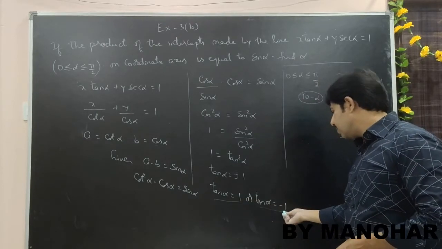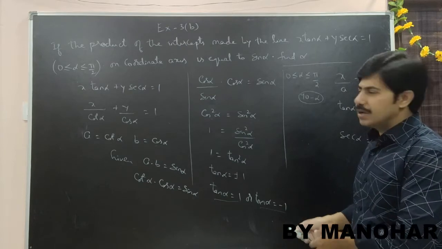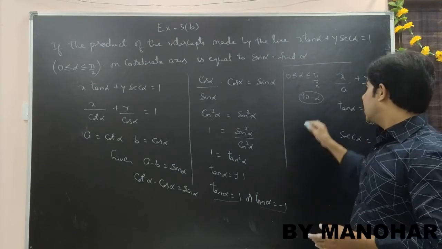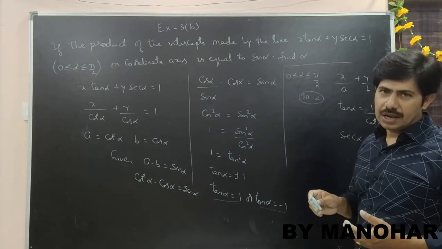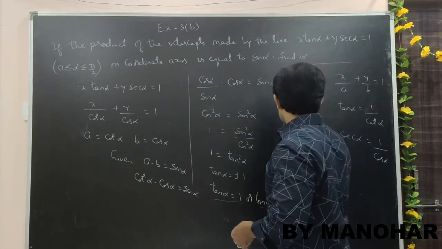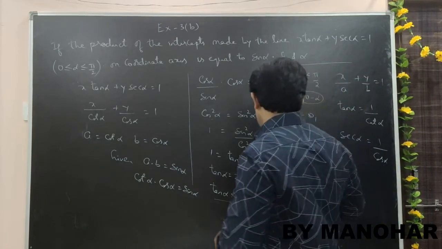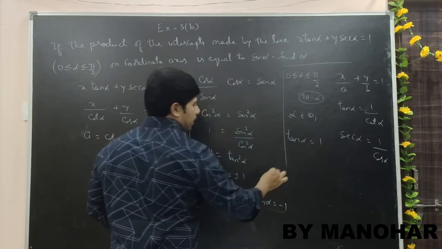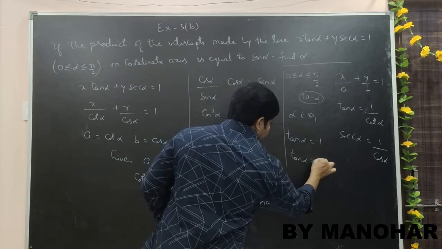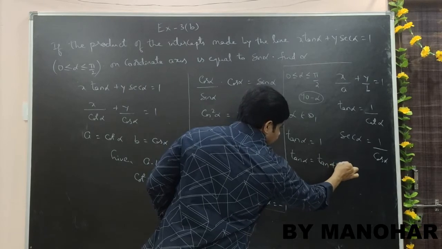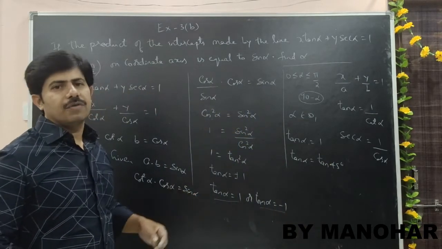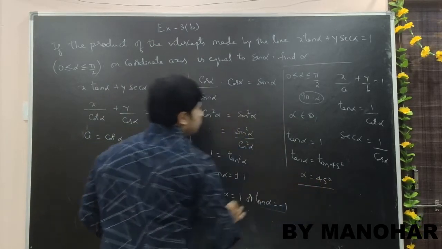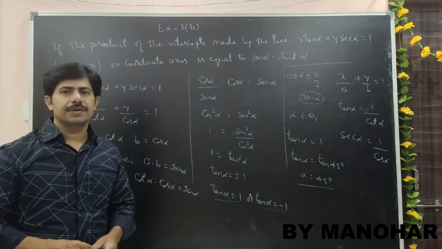We neglect tan alpha is equal to minus 1 because tan alpha is negative, and the value of alpha lies between 0 and 90. If it lies between 0 and 90, alpha is less than 90. So 90 minus alpha lies in the first quadrant. We only take the first condition, that is tan alpha is equal to 1, and 1 can be written as tan 45 degrees. Clearly alpha is nothing but 45 degrees, right? So this problem is completed.